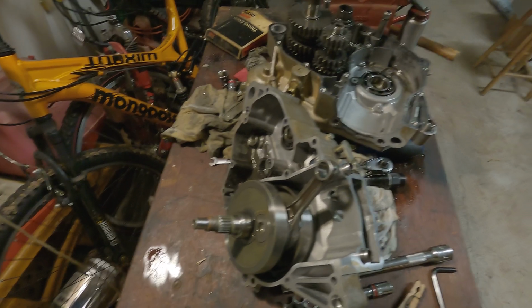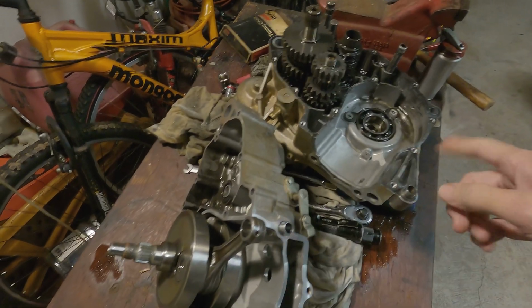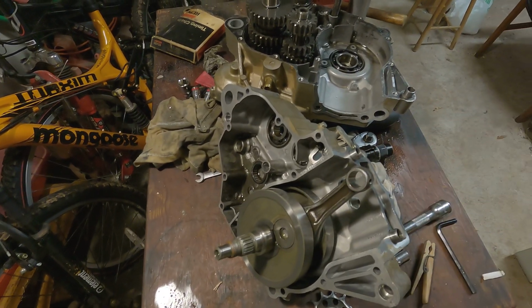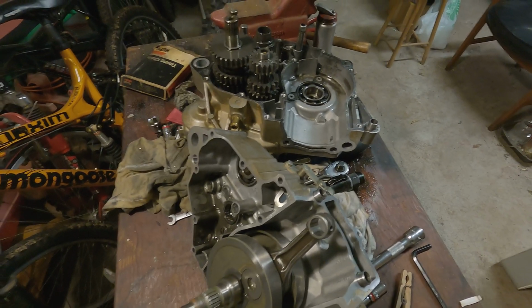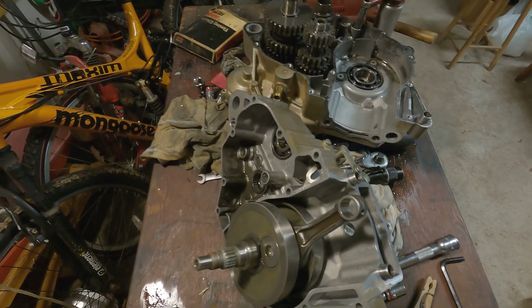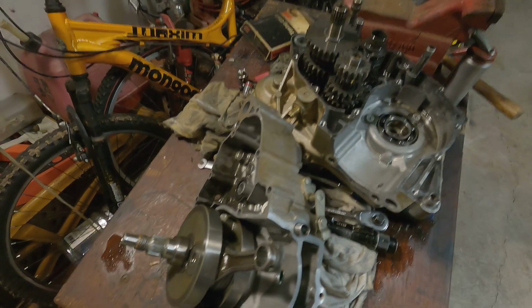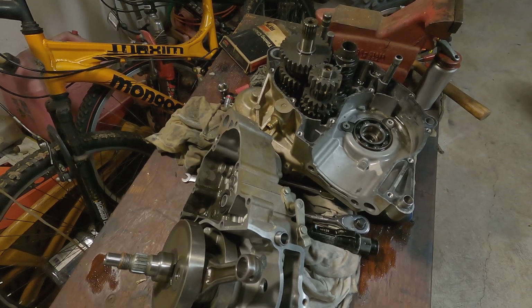So that's what I'm tinkering with right now. I haven't really gotten too far on it. I've been checking prices on gaskets and bearings and cranks and rods and pins and pistons. I might hone that cylinder, check the clearance on it, and see what kind of piston I might need. The piston that came out of it is not that bad. It mics at...